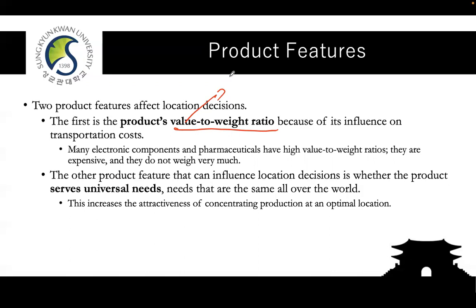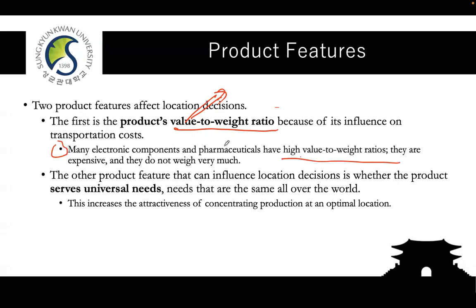If the value is much higher than the weight ratio, then of course, see the example here, the electronic components and pharmaceuticals, they have a high value to weight ratio, meaning that their value is really higher, much higher than their weight. Right? Value outweighs the physical weight. So what should we do with this one? Right? If we have the high value to weight ratio,